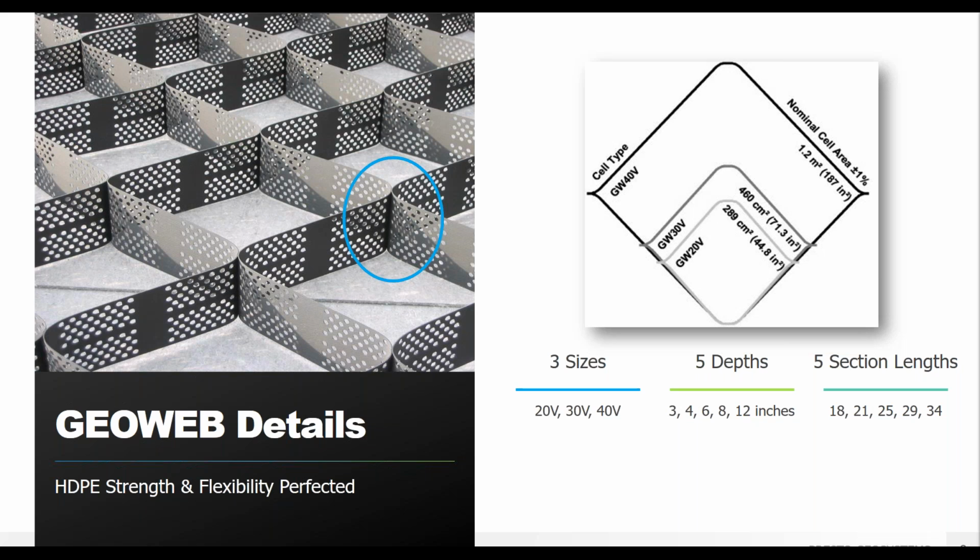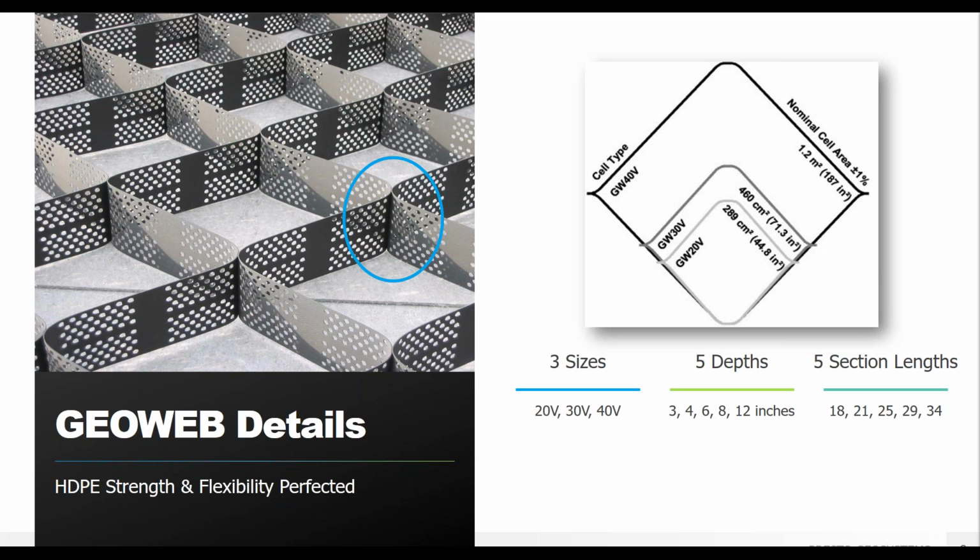And we do that because if you do add fillers, it can ultimately reduce the weld strength and the environmental stress crack resistance. And it's really not what you want. You don't want those sorts of failures to come in. And there are competing GeoCell products out there that do that. And so we just want to let you know that having that pure HDPE is really going to be the best way to avoid weld failures and the damaging effects of differential settlement.